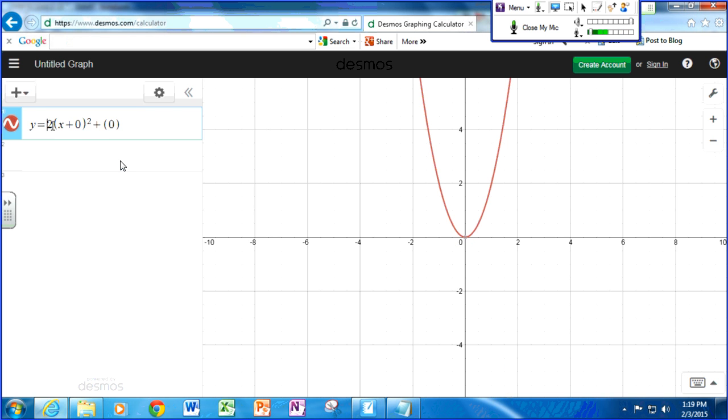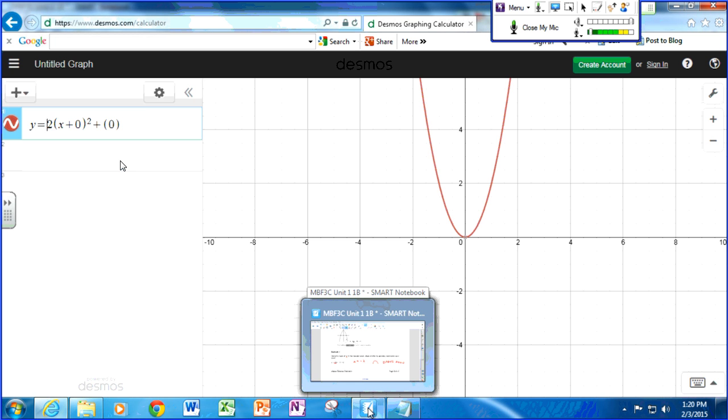So basically the takeaway here is that if a is positive, then it opens up, and if a is negative, then the parabola opens down. And that can be a very powerful thing. Just a quick look at an equation, you don't have to graph it, you don't have to plug it into your graphing calculator, you don't have to sketch it. You can just look at the equation and have an idea of what it might look like. All right, so I'm going to go back to the